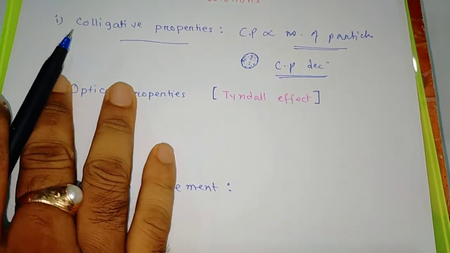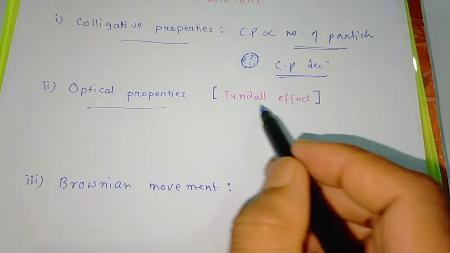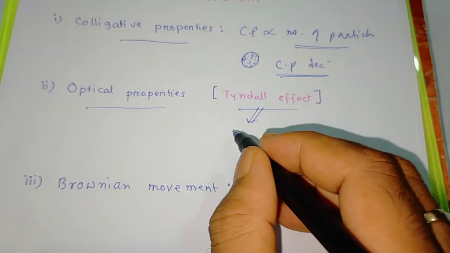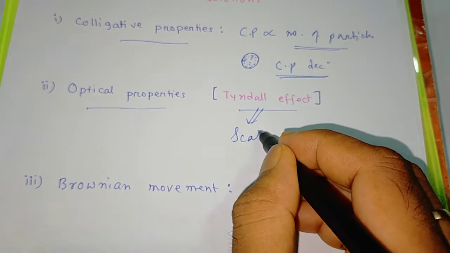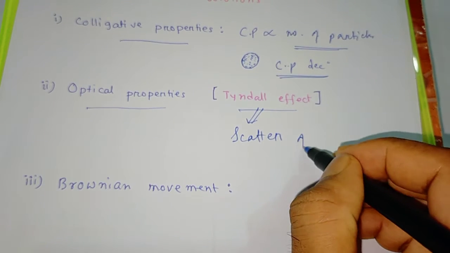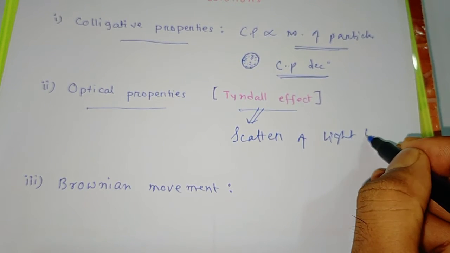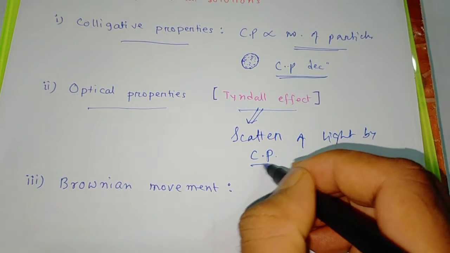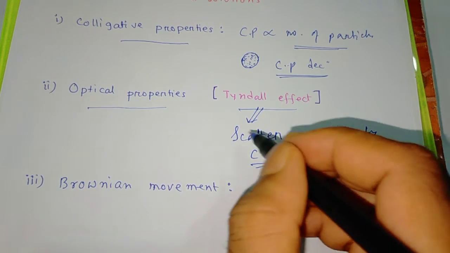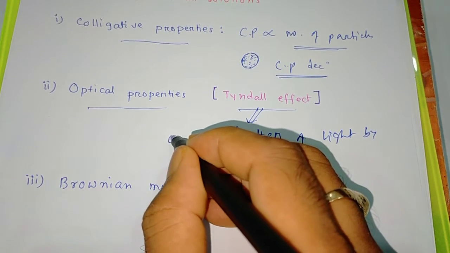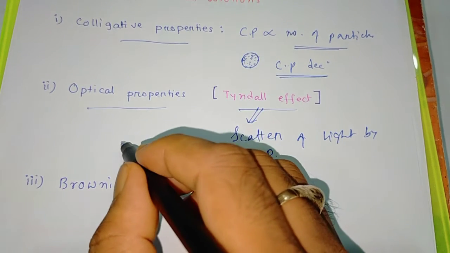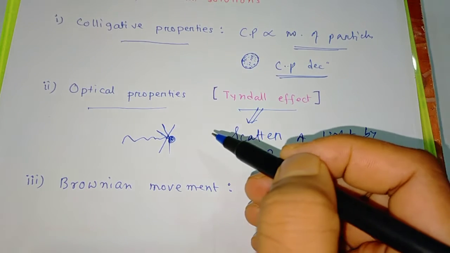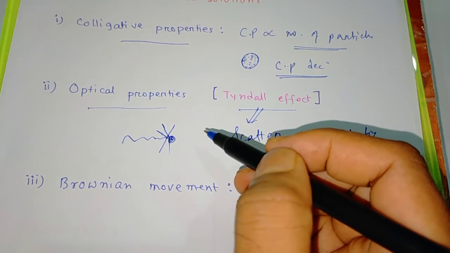Now in the next one we have to read its optical properties. Tyndall effect. Tyndall effect is scattering of light by Cp, means colloidal particles. So what happens? Colloidal particles are a little bit bigger. When the light falls on them, it gets scattered. So this phenomenon is called your